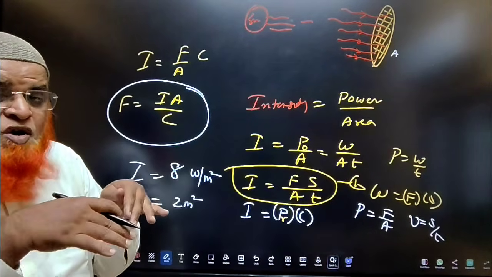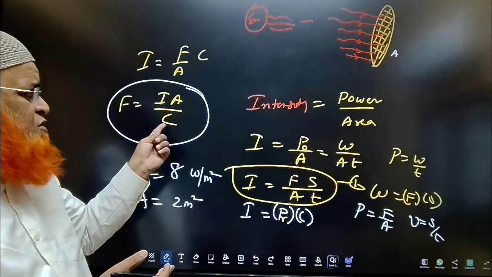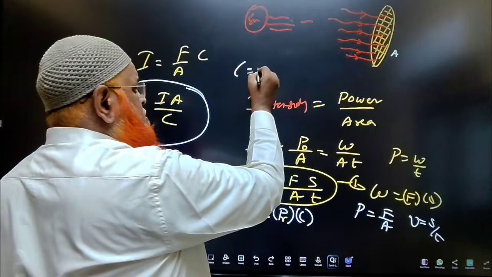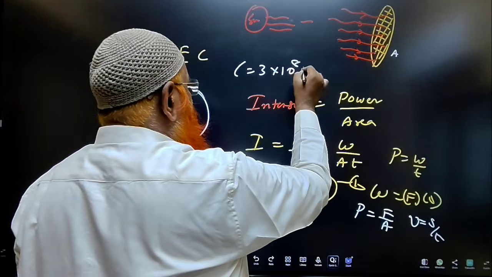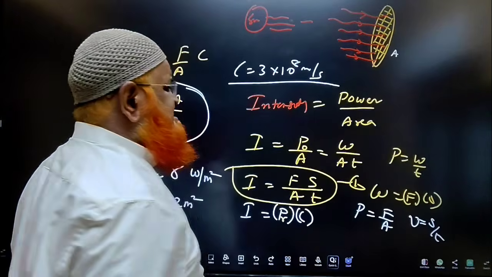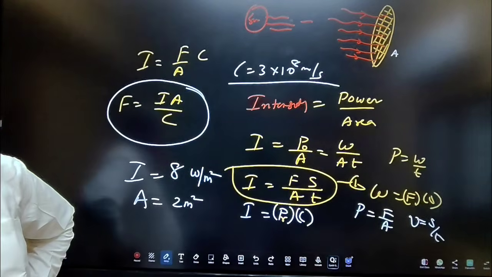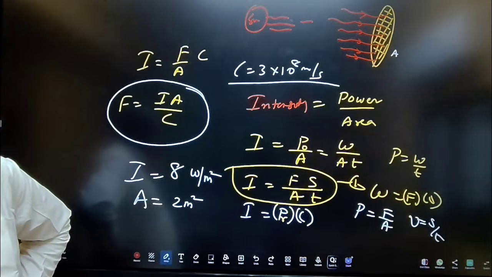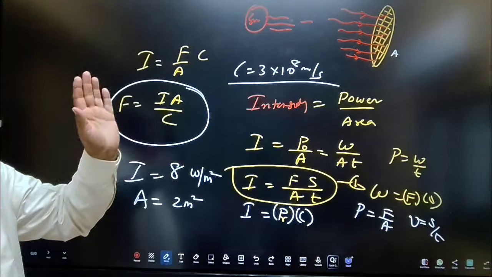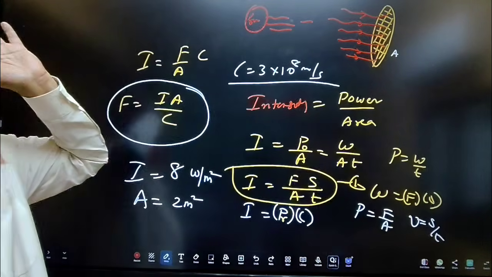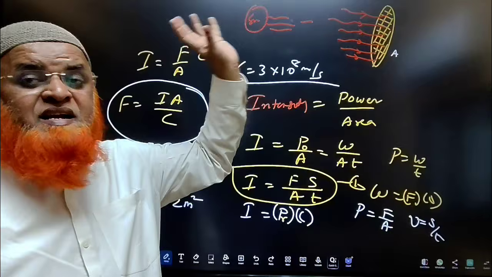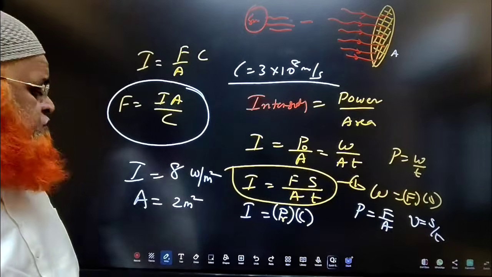Velocity of light we need not give, because we already know c is equal to 3 into 10 power 8. It is a constant. It is not necessary that he has to give c for us. We know already. Okay, so this is one formula. When we apply this formula, when light falls on a certain surface and it gets absorbed. Okay, the next formula is